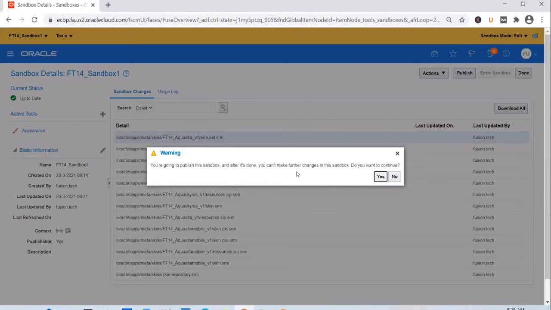And precisely for this reason, you don't publish a sandbox and ask the functional consultant to verify the changes in the application. Because if they figure out that something is not okay, you will not be able to undo that change. So for that reason, you just make the change, pass on the sandbox name to them. The testing team gets into that sandbox and verifies the changes. And only after the final confirmation, you will perform this action of publishing a sandbox.